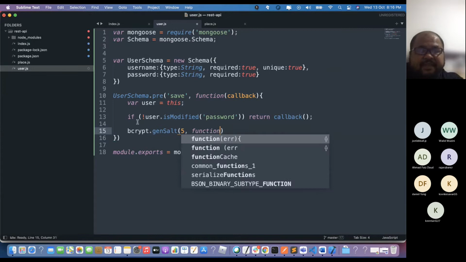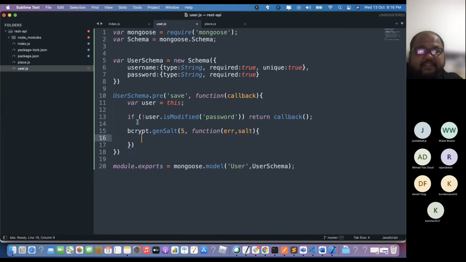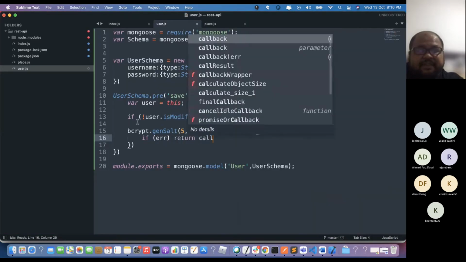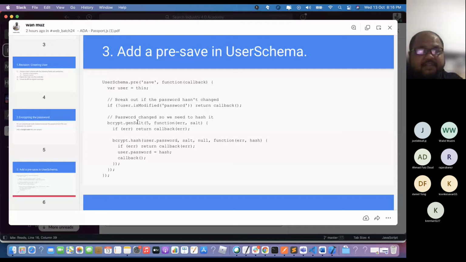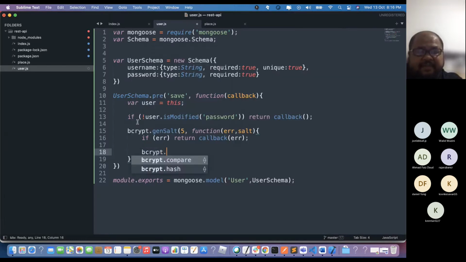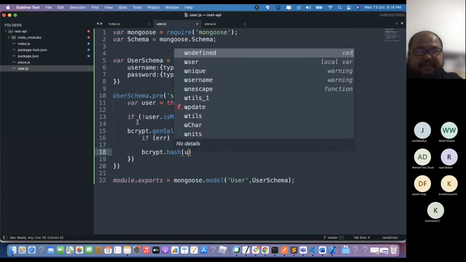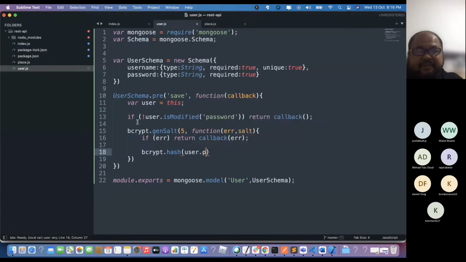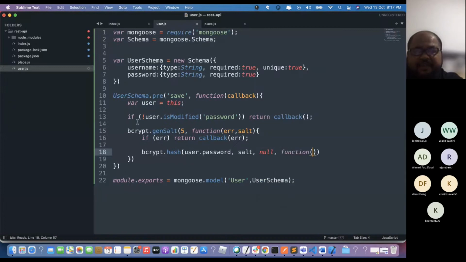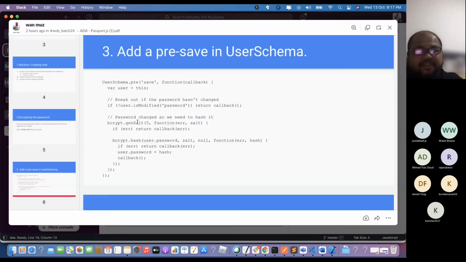bcrypt.genSalt(5, function (error, salt) { if error, return callback(error). If not, bcrypt.hash(user.password, salt, null, function (error, hash) {